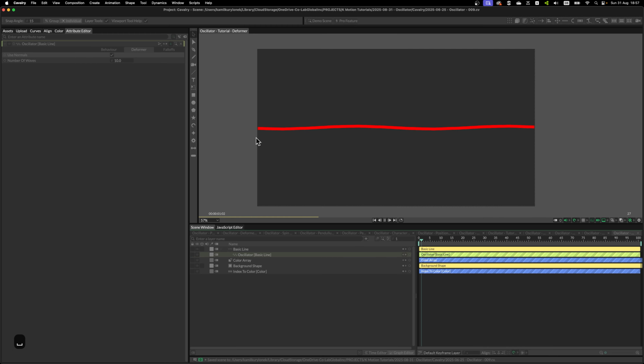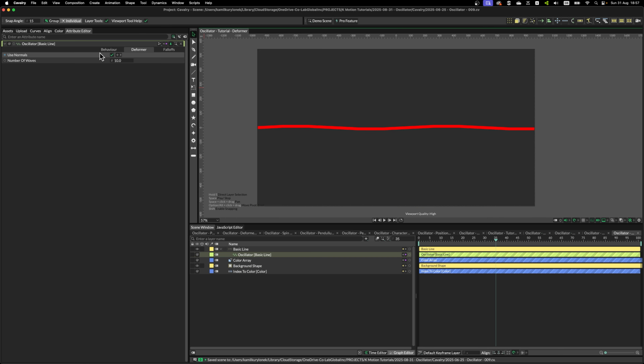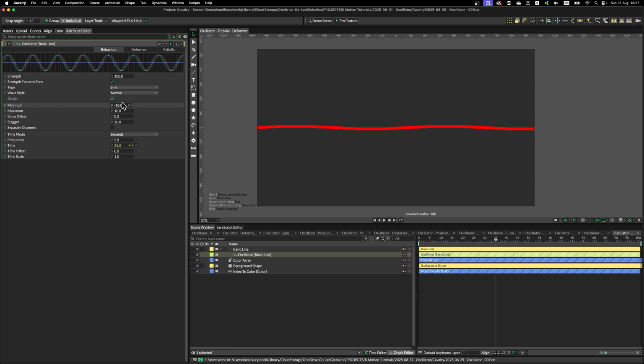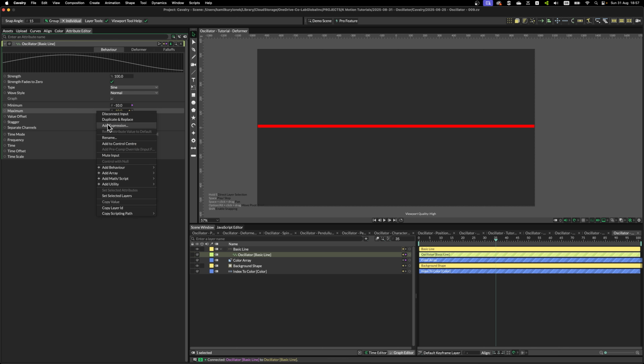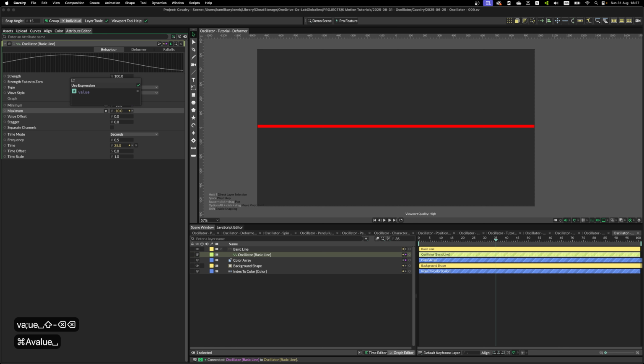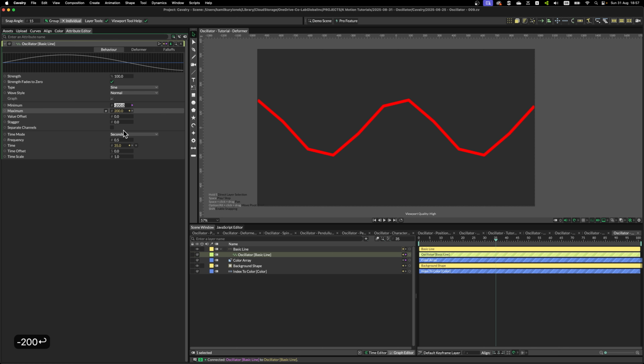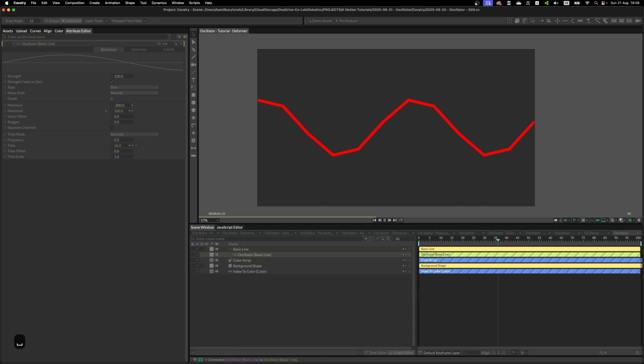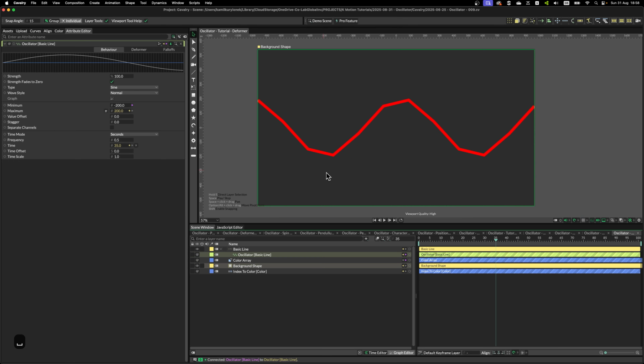When you press play now, we got this wiggly line happening. So back again to the behavior. And as before, I'm going to zero out Stagger and change the frequency to something smaller like 0.5. Do the previous trick of linking properties so we can invert it easily with -1. Let's have a minimum of about 200 pixels. Perfect. So when you play this, as you can see, the oscillator simply deforms the mesh and everything is happening